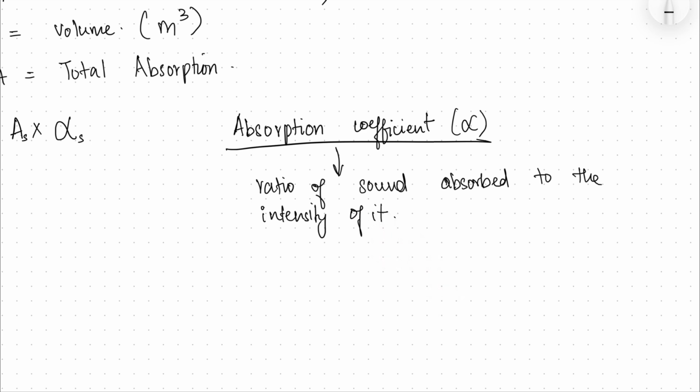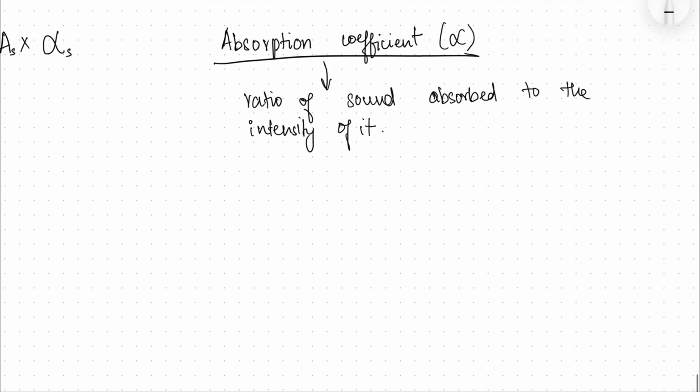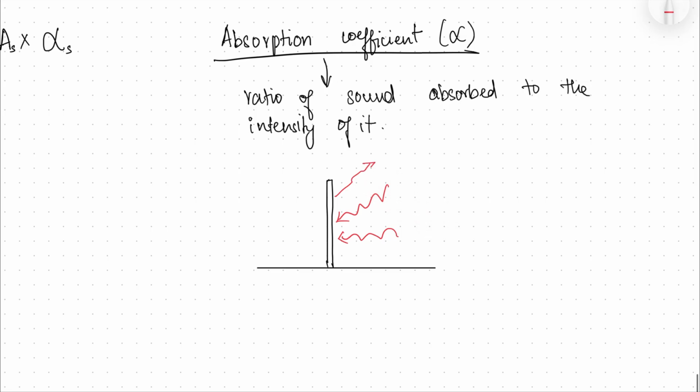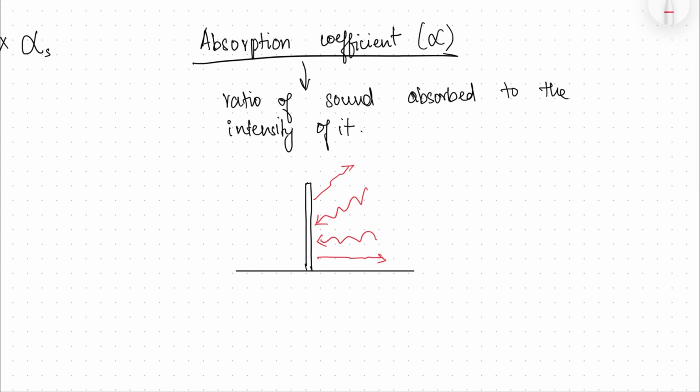Now I'll again explain this. Imagine you have a wall and you have sound waves hitting on it. So what does this wall do? It absorbs a part of it and reflects some out, right? So whatever it's absorbed, that's its absorption coefficient. So the ratio between the sound that is absorbed to the intensity incident on it,